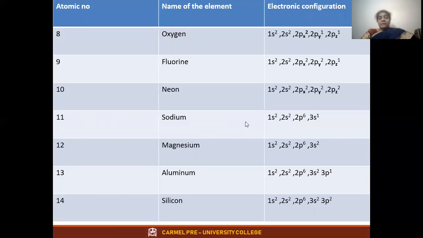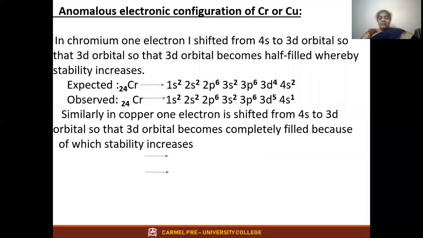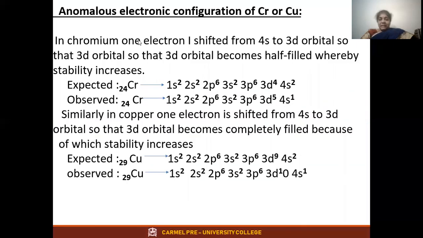So this is the configuration for 14 elements, students. The remaining till 30 you're going to write on your own. This configuration I showed you already, but I'll just quickly tell you. If you can see chromium and copper, I've told you in the beginning itself, the correct configuration for chromium is 4s1 3d5. Similarly for copper, you should make it 4s1 3d10.